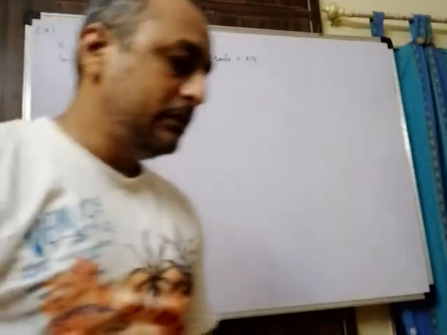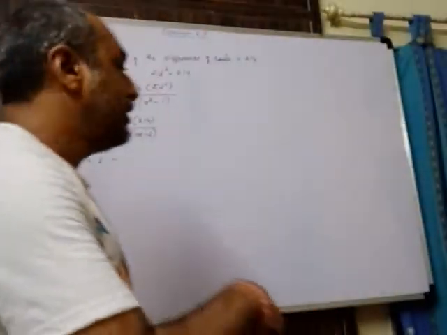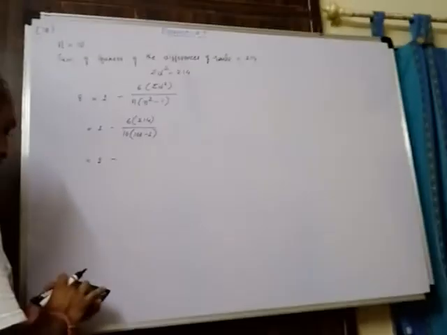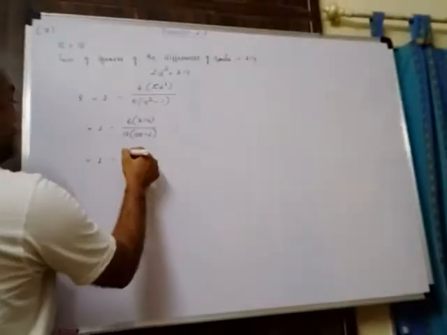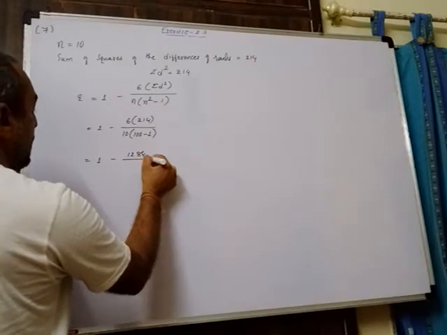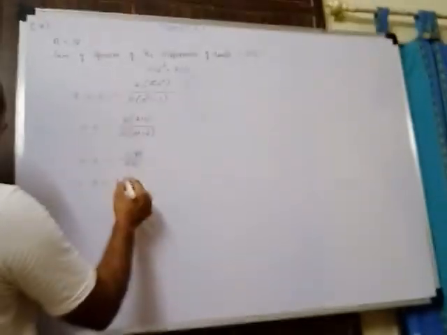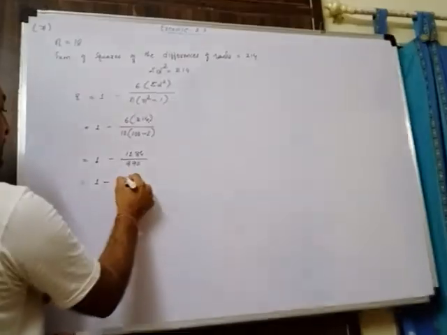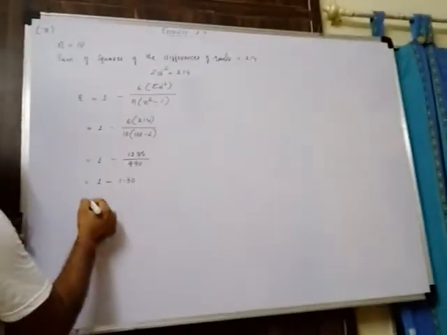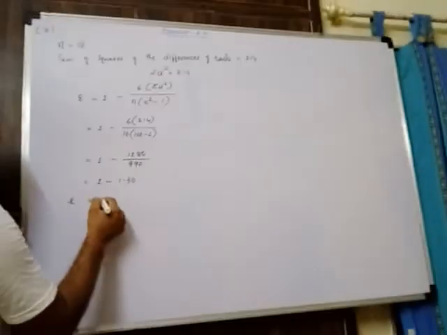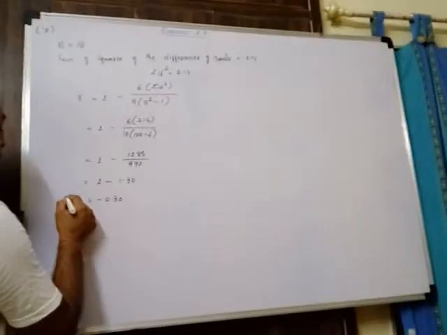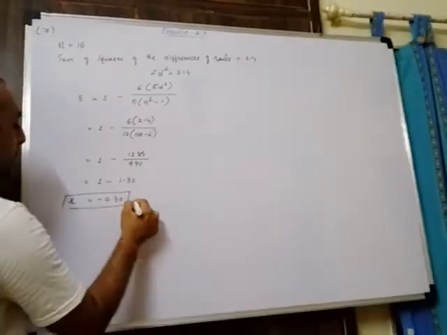Now we'll solve the answer. That is, we'll solve the sum and we'll find out the answer. So first of all, 6 into 214, which comes to 1284 divided by 100 minus 1 is 99. 99 into 10 is 990. So 1 minus 1284 upon 990, which is equals to 1.296. It is available. So I am writing 1.30. Now 1 minus 1.30, so R is equals to negative, minus 0.30. This is your rank correlation.